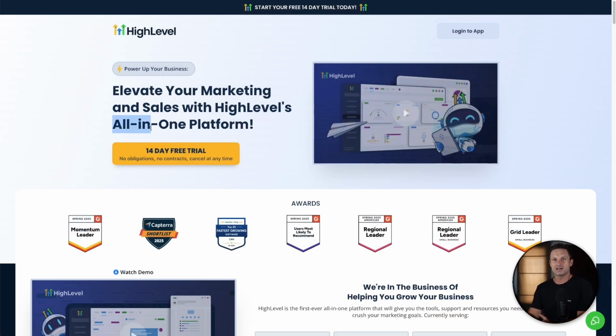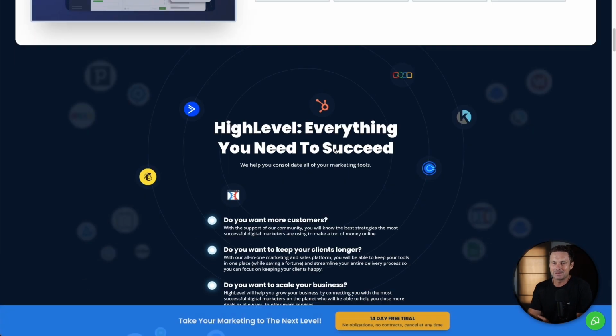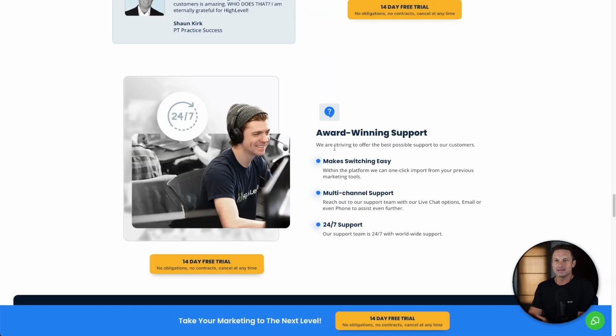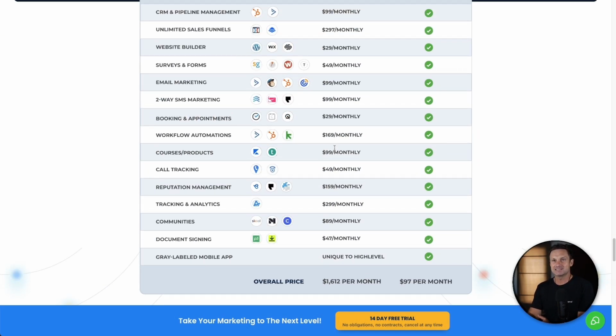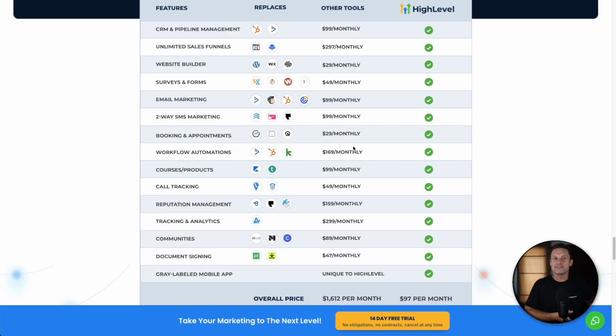First of all, what is Go High Level? It is an all-in-one marketing platform. What does that even mean? Basically, it puts in a set of features that normally other software do only, and then puts them all together under a single roof. As you can see here, it's got all of these different logos for different platforms, puts all of these features inside of a single platform.